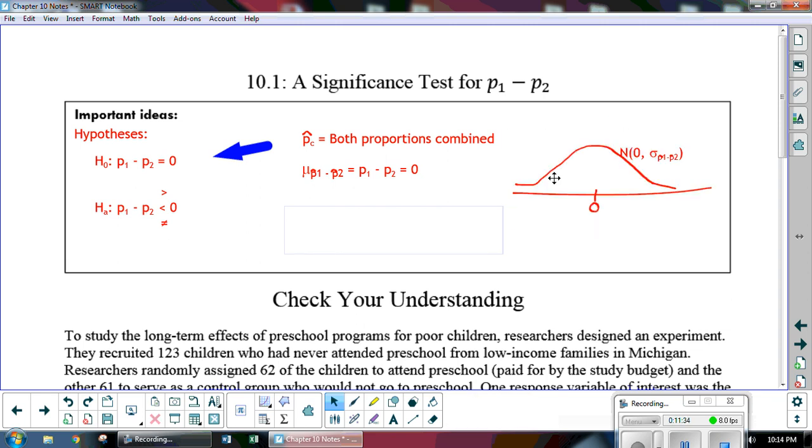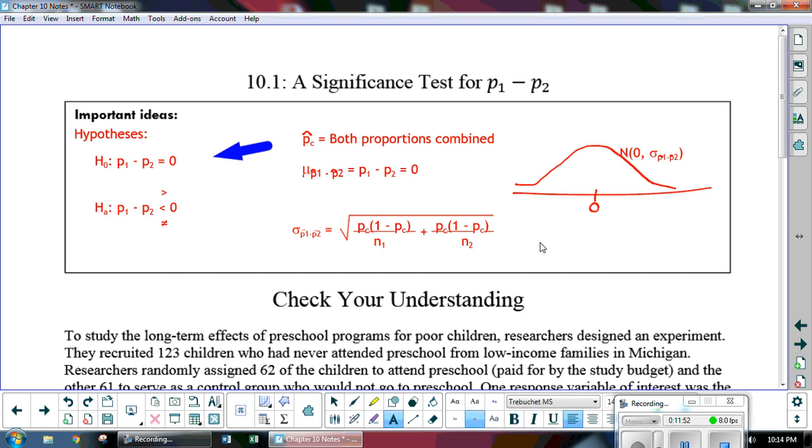Your picture looks like this. You've got your normal distribution curve, mean of 0, because again, that's what we're assuming is going to happen, and then the standard deviation for this too. And then the standard deviation for these two is, again, since P is the combined proportions, actually I forgot to do that. I am in rare form today. So P sub C